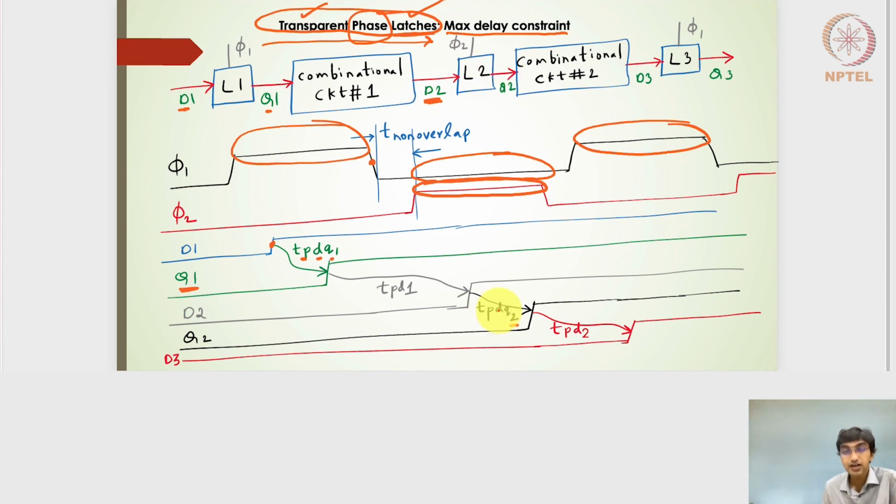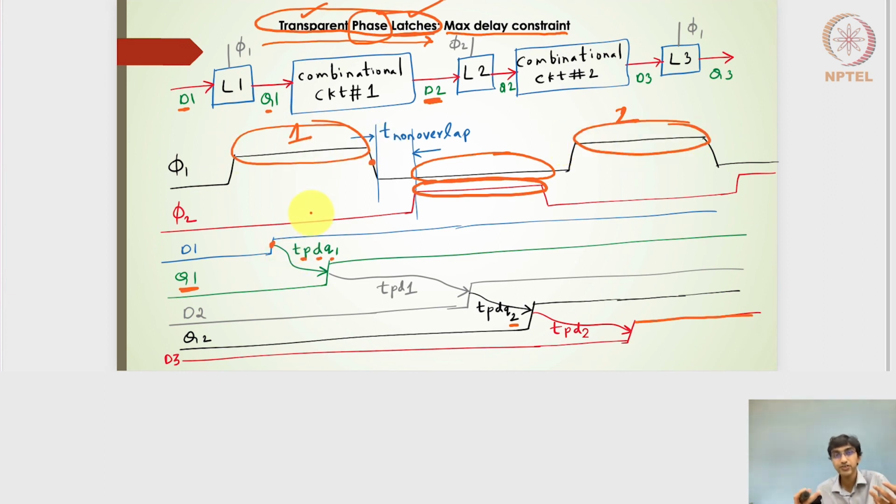So this is the propagation delay of the D input to the Q output for the second latch, right? And then it goes to combinatorial circuit number 2, and to the next latch, L3, which is driven by clock 1. So I will have the D3 output, which is now coming into the high level of the clock, sufficiently there during the high level of clock 1. And of course in the second clock level, this is the first clock level, this is the second clock of phi 1, right? So if I consider these particular propagation delays, now because of the sufficiently high levels of the clock,